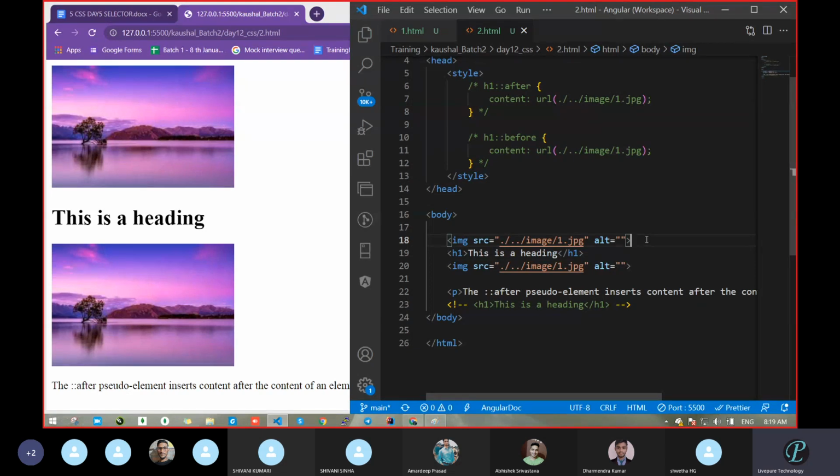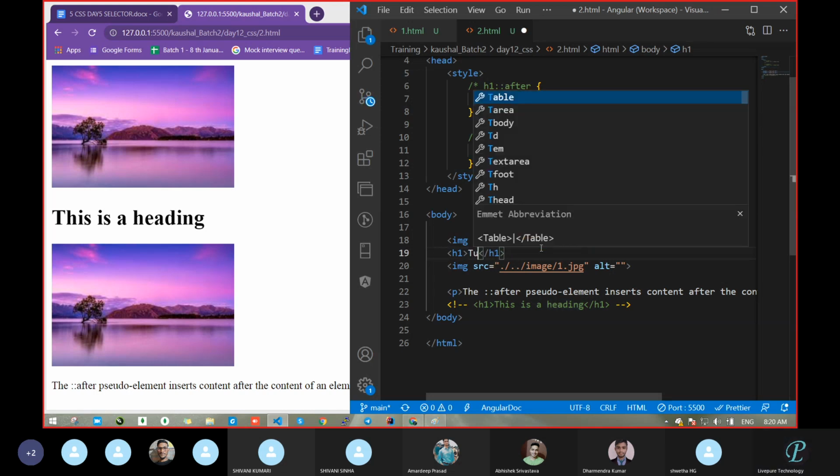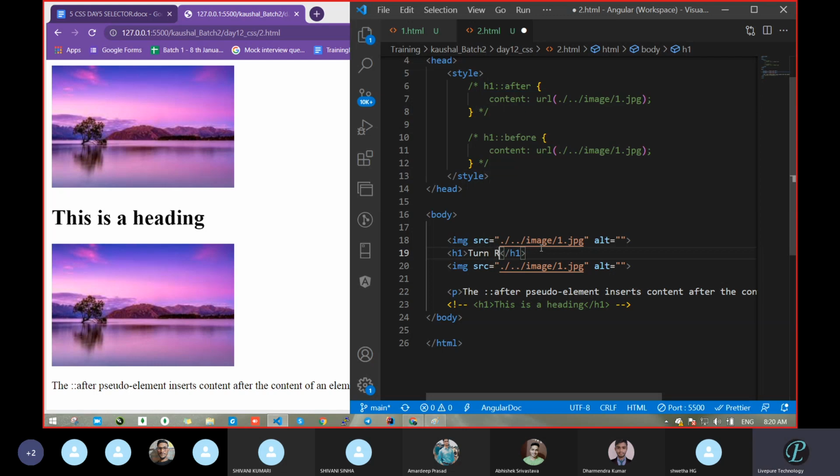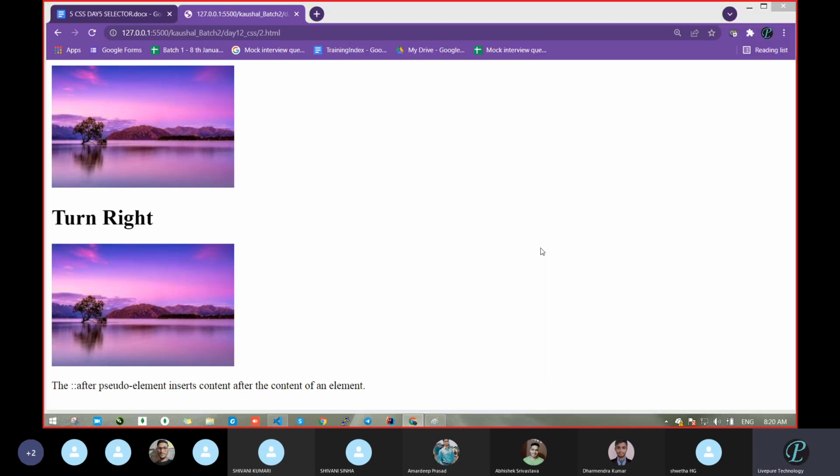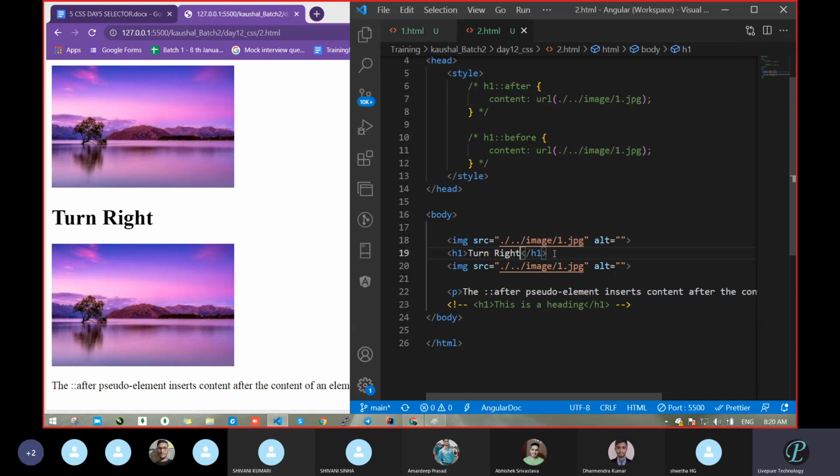Okay, so what we can do, suppose just think regarding one arrow mark. Here the words are written turn right, and you want to add an image here, like a right turn image.